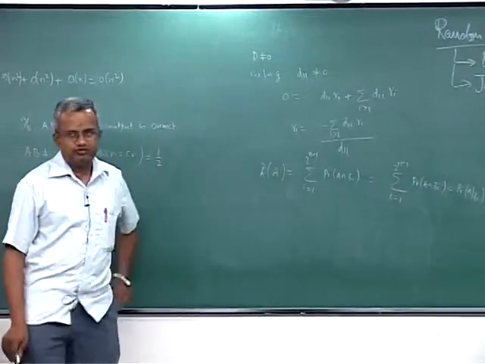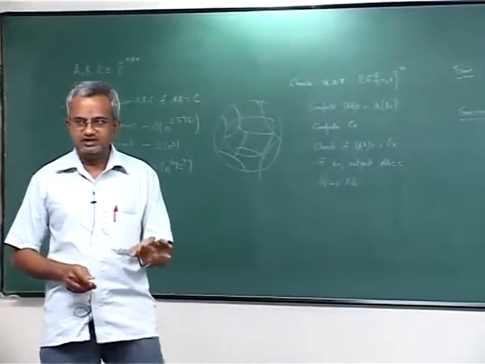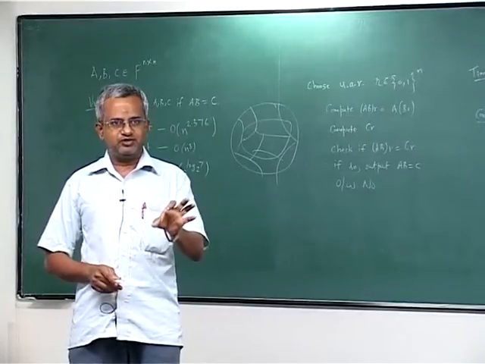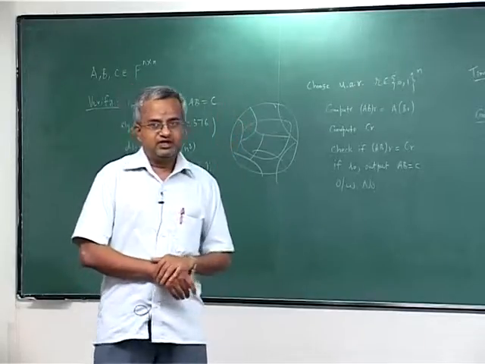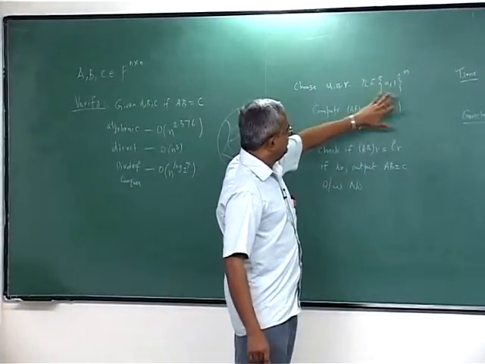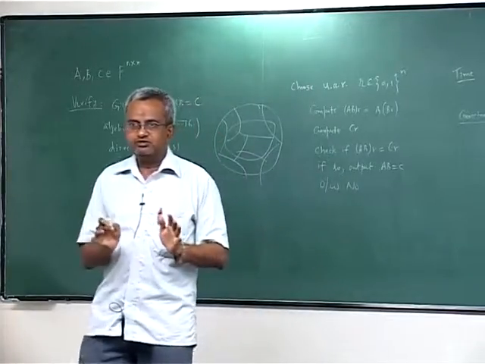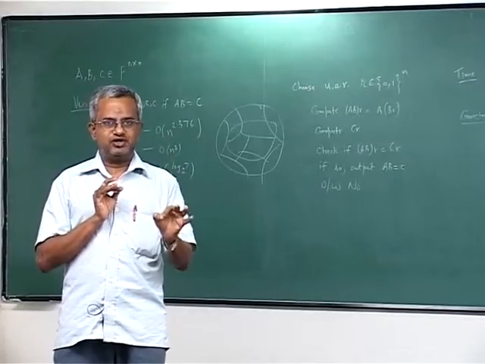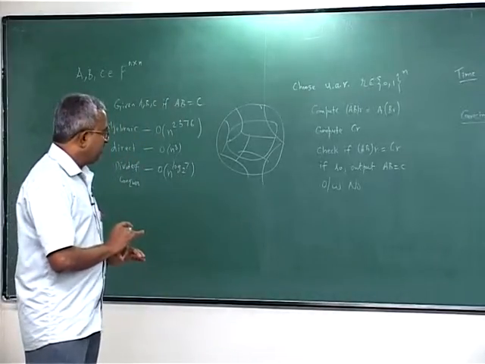All that is required is that you read a sequence of random bits which need not be independent, but you should be assured that R1 equals 0 or 1 with probability of, R2 equals 0 or 1 with probability of, this should be true for each of the random bits. Even then all these conclusions hold true. In any case, with n bits, whether they are totally independent or not, you are able to ensure that the answer is wrong only with probability at most of, only in the scenario that AB is not equal to C.